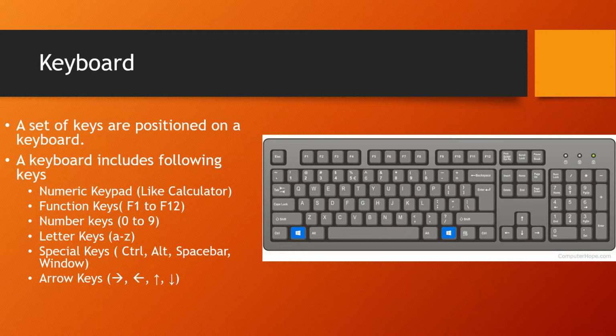Number keys 0 to 9 appear two times on your keyboard, on the right side as a numeric keypad and on the left side in a row. Special keys are like control or spacebar. Arrow keys are left arrow, right arrow, top and bottom arrow. They are for giving direction: right, left, top or bottom.